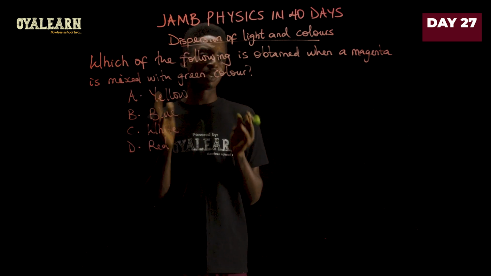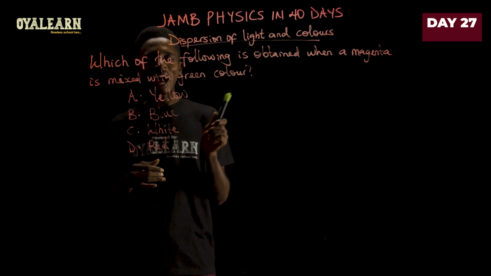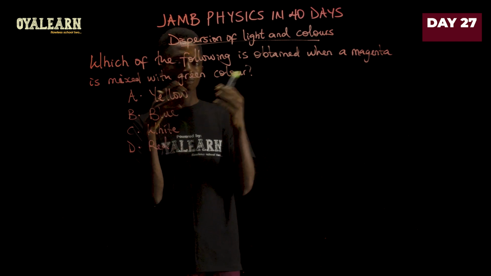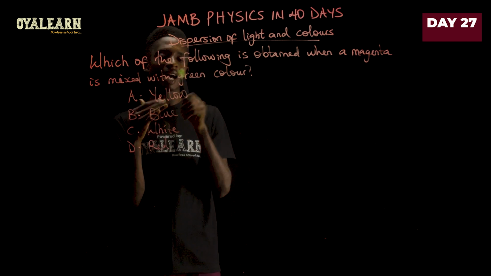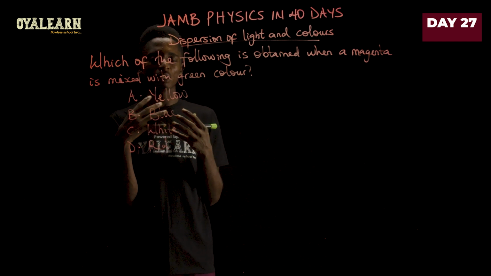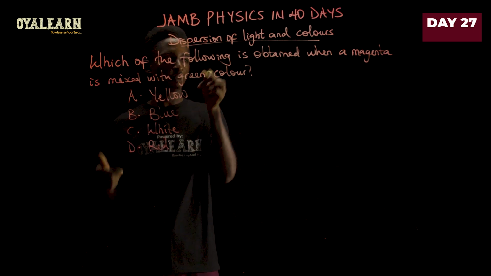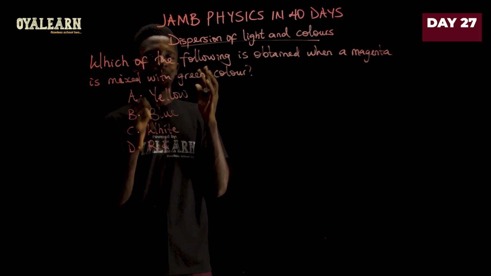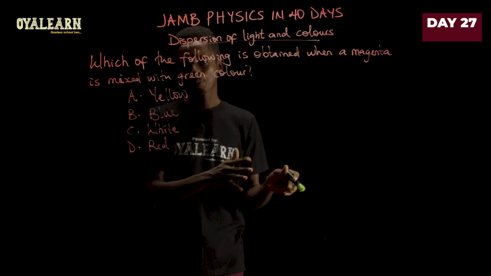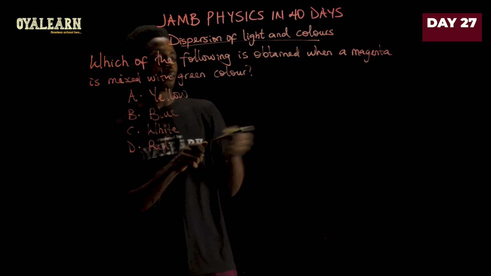If we are looking at pigments, by the time you mix magenta and green, magenta is going to absorb the colors red and blue, and then green will absorb all the blue that comes at it too. So as a result, when you mix magenta paint and green paint, by the time you view it, what you're going to see is dark or black. But when you consider light now, we already have green here.